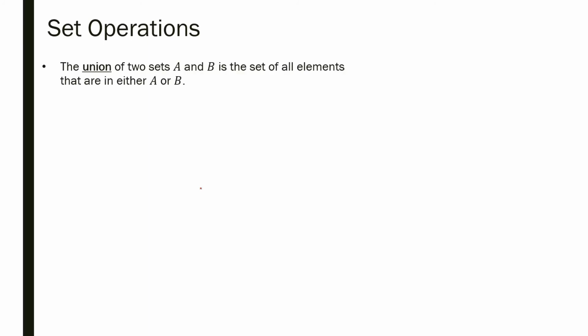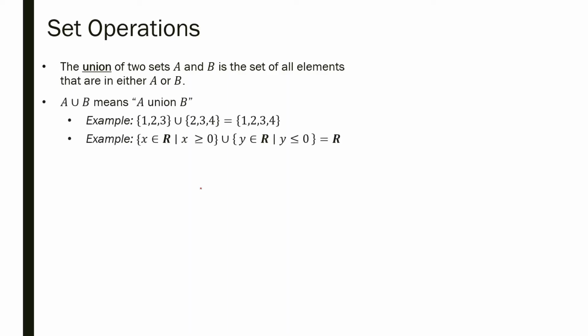Okay, set operations. We're going to talk about some new notation. The union of two sets, A and B, is a set of all elements that are in either A or B. That basically just means you're combining all of the elements of A and B and making it into one new set. So if you see this U, this means union. So you take all the elements in A, take all the elements in B, and just smush them in together